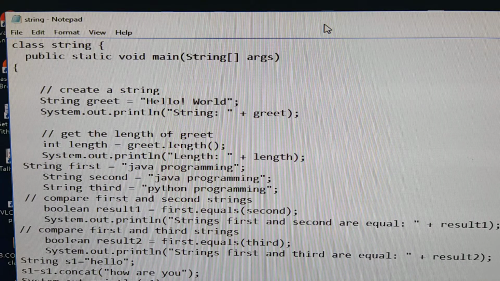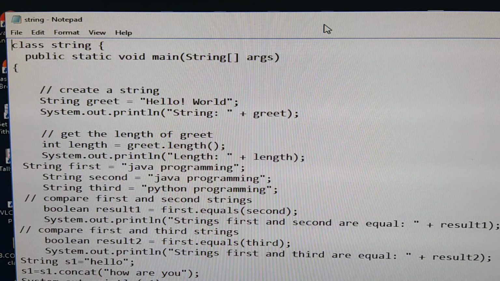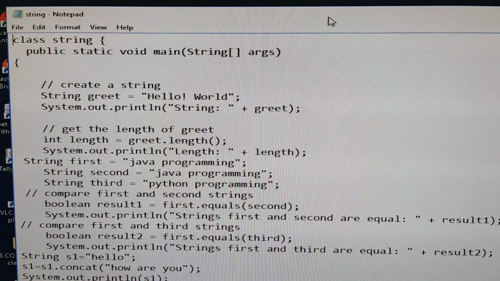In the 17th program, write a program for the following string operations. The 17th program is completely based on string operations. This theory part we already completed in the class: string joining, string concatenation, and this program we also completed in the lab. Still, I am sending the string related functions again. One is to compare two strings, concatenate two strings, and compute the length of a string. So you need to implement these three functions in a single program.